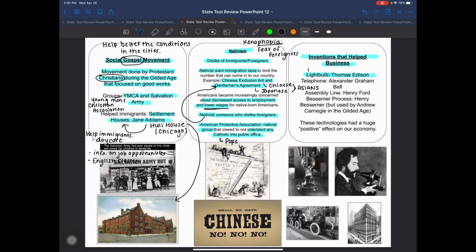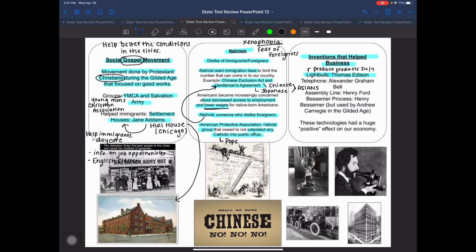And how the light bulb affects industries is now we are going to produce products 24/7. With the light bulb, we are going to see a huge increase in manufacturing of products, because now we can produce products through the night, through the darkest time of the day. And if we can produce more products, we can sell more products, which again is going to be good for our economy.